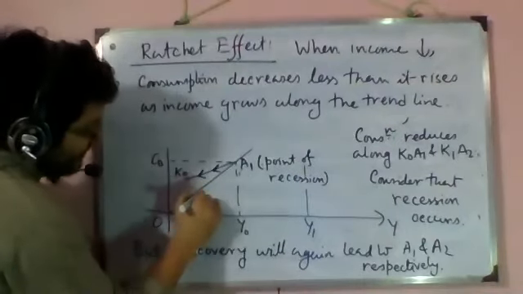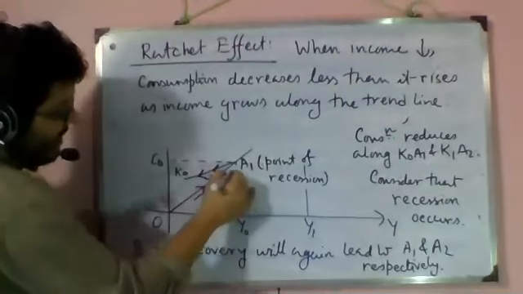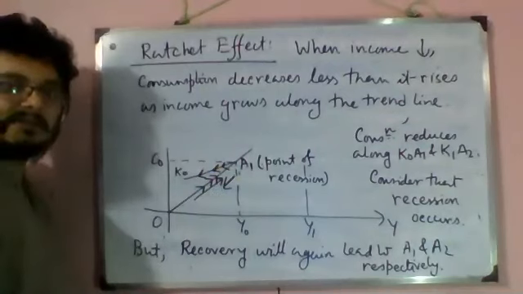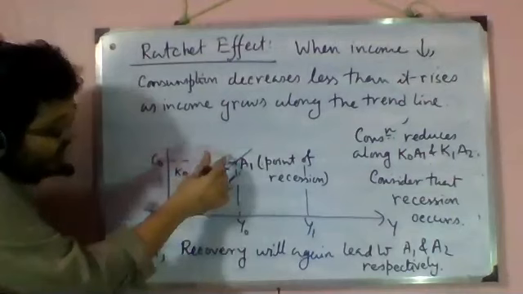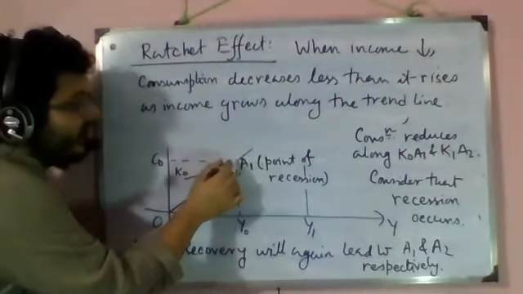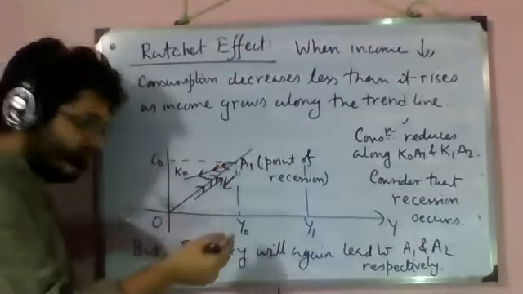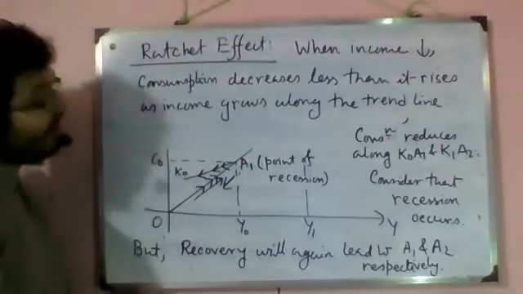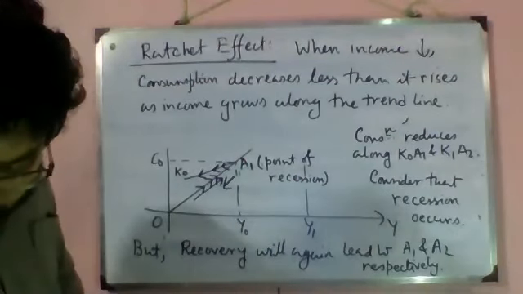So when income is growing along this line, consumption is growing along this line. But when income falls in recession, suddenly consumption falls along this line. Okay. So I'm growing in this path, but when recession occurs, I'm coming down following this path. Yes, with recovery, I will land up it again. And so from A1 until I reach A2, I will again follow this path. And if a recession occurs at A2, then I will reduce my consumption following this kind of a path. Okay. So that's what the Duesenberry model and ratchet effect are.